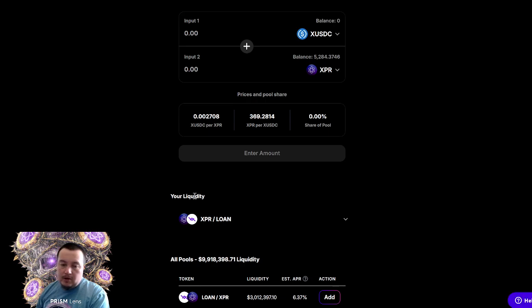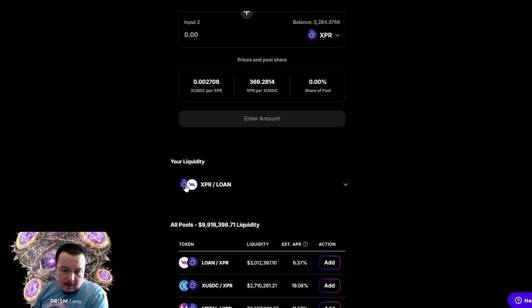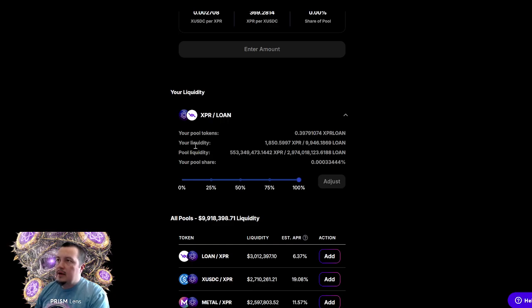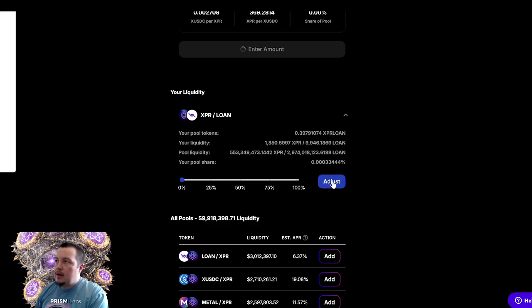Here, you refresh the page. You see where it says your liquidity, right? You hit your liquidity, right? It's telling you how much it is, how much you've earned. Within a few seconds, I've already earned 0.39, I believe, or something like that on the yield farming. So what do I do? I adjust the slider to 0. I hit adjust,